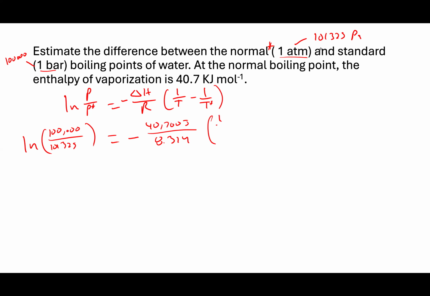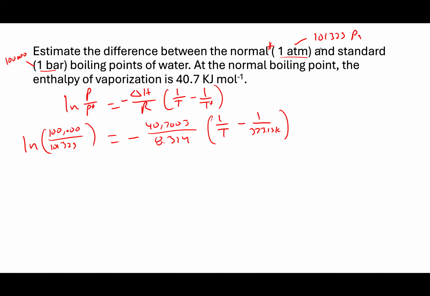we'll have 1 over T. We don't know what the new temperature is going to be. But we do know the old temperature is the normal boiling point of water, which is just going to be 100 degrees Celsius, or 373.15 Kelvin. So on the left-hand side,